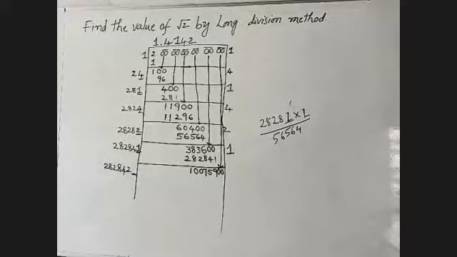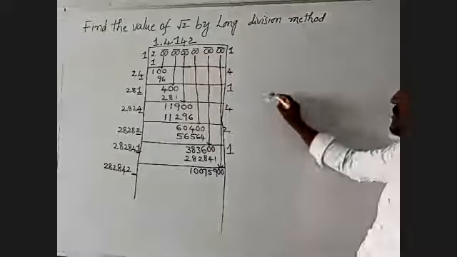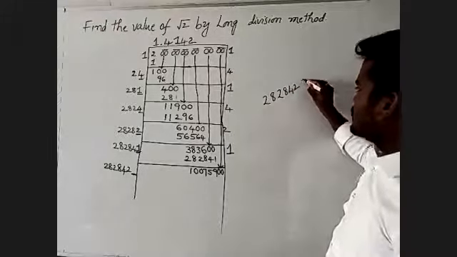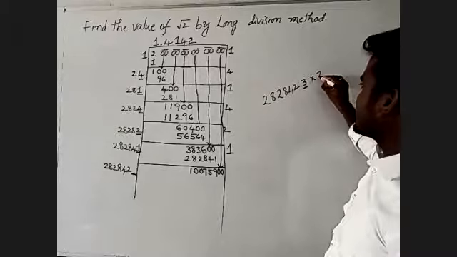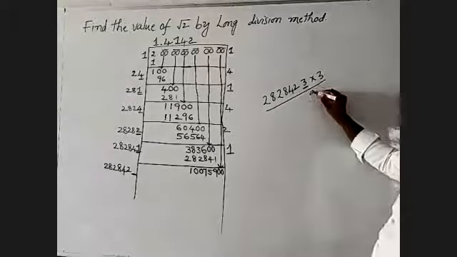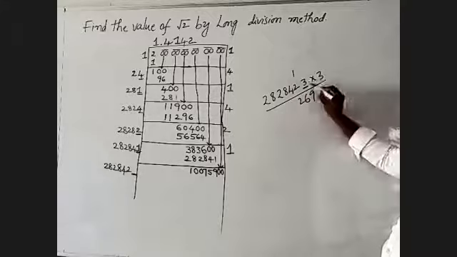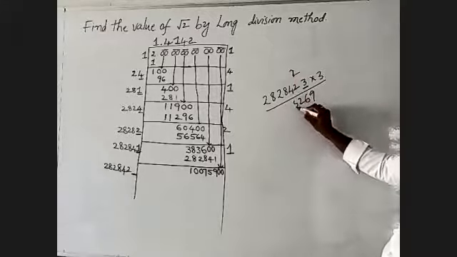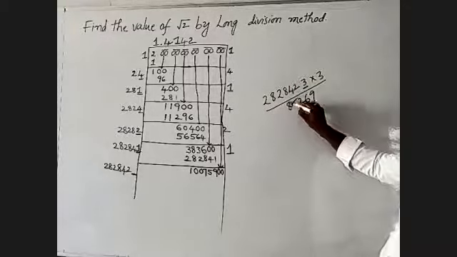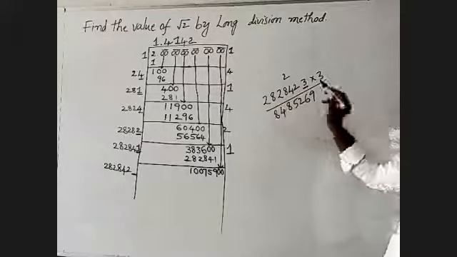We'll observe what I have to take in this one. 1 does not satisfy. I will take 3. 2, 8, 2, 8, 4, 2. Units place will take 3. This entire number can be multiplied by 3. That is what we have to find out. 3 3s are 9. 3 2s are 6. 3 4s are 12. 3 8s are 24 plus 1 becomes 25. 3 2s are 6, 6 plus 2 becomes 8. 3 8s are 24. 3 2s are 6, 6 plus 2 becomes 8.